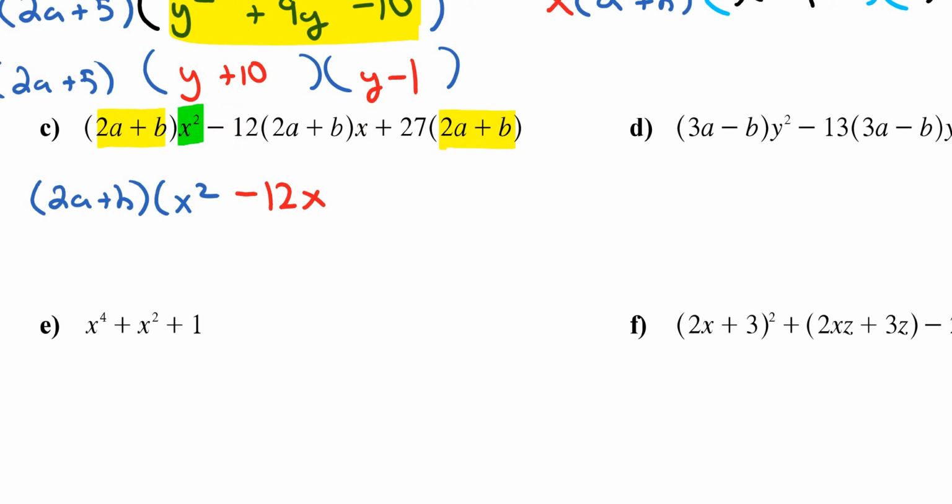So I'm talking about, let me use a different marker here. I was talking about that negative 12 and that x, that gives you the negative 12x, and then there's a 27 here, so plus 27. Okay, and then after that, you need to factor this